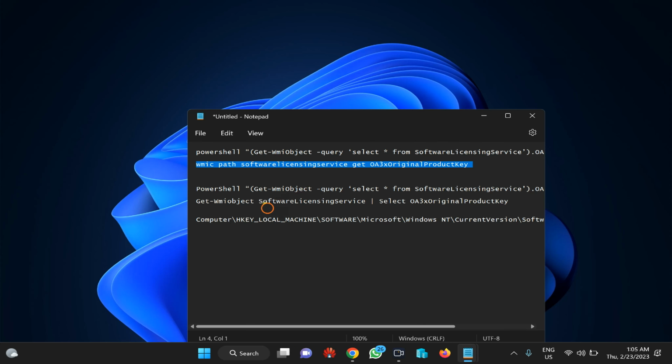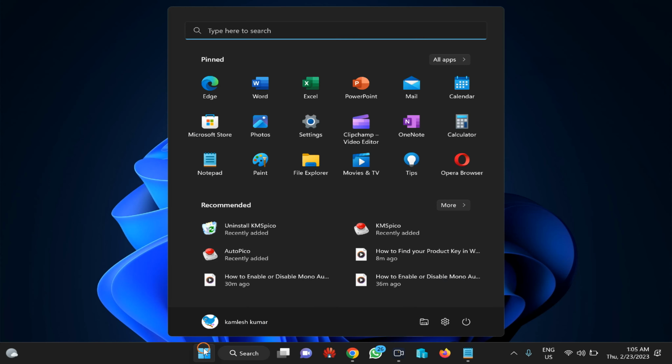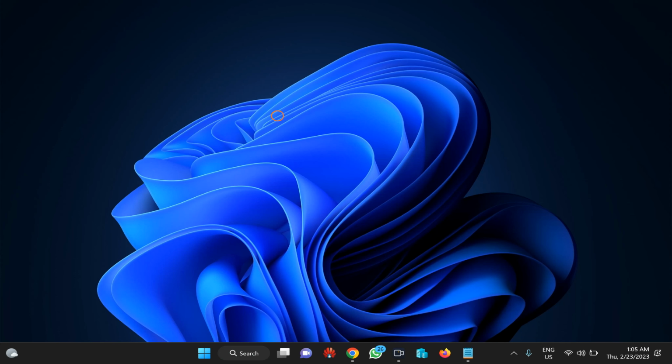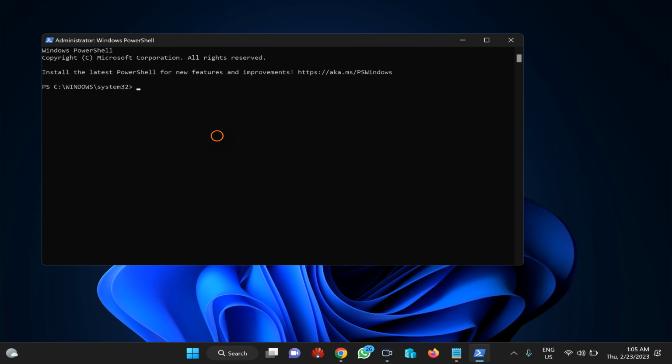The same command will also work in PowerShell. So first you need to open PowerShell as an administrator, then copy and paste.